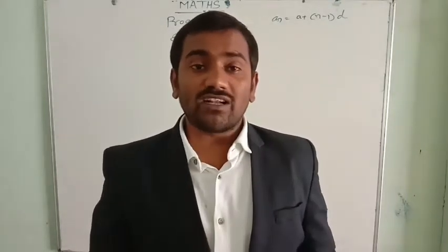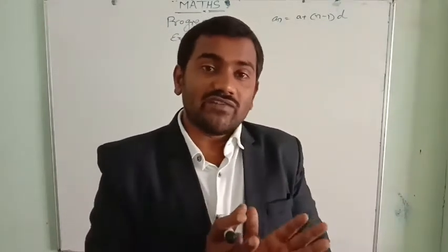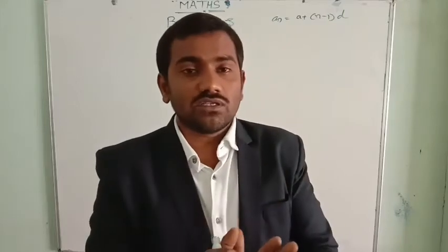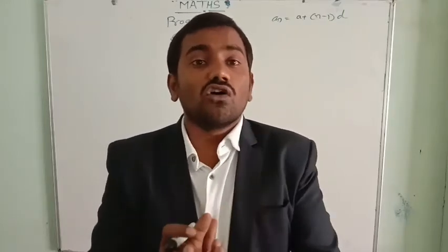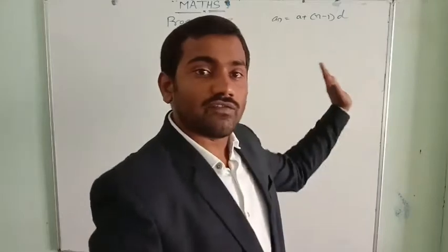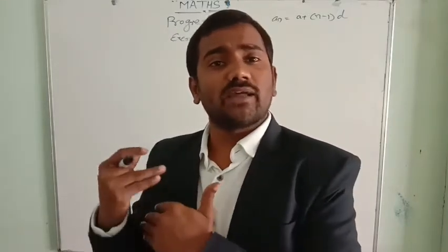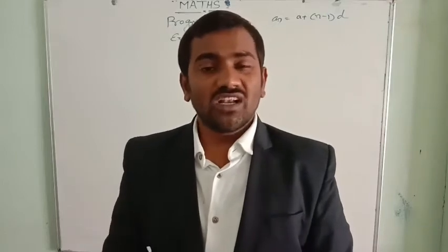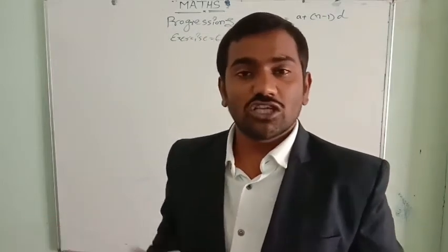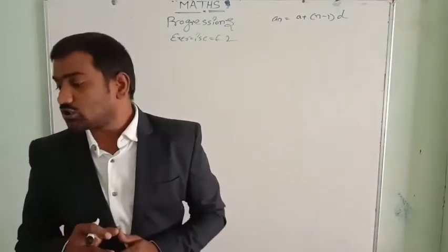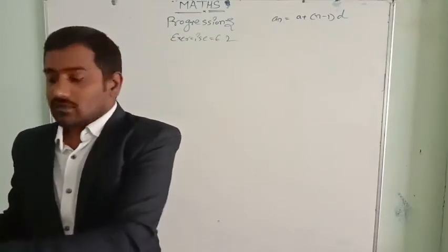Try to understand the use of this. If any 3 terms are given, we can find the fourth unknown term from this. And also we can find the nth term of any arithmetic progression. So let us take some questions from exercise 6.2 first. Look at the textbook at page number 139.